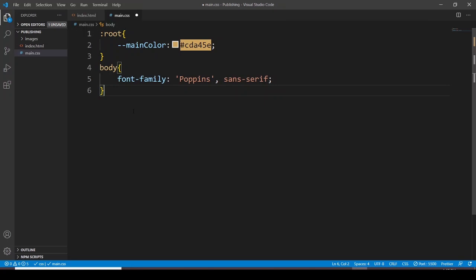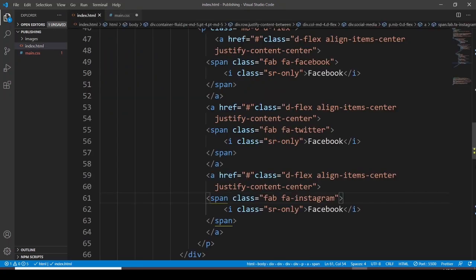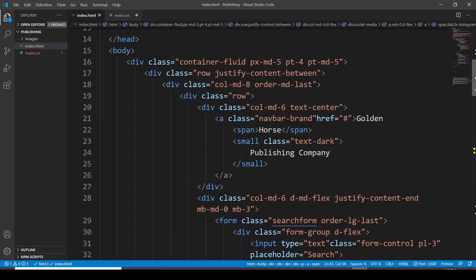Let me check something. Okay, then I will be back to you guys. So I think first of all let me go with the Navbar brand. Okay, so here is the Navbar brand, the Navbar brand. And first of all let me check, okay, if I have